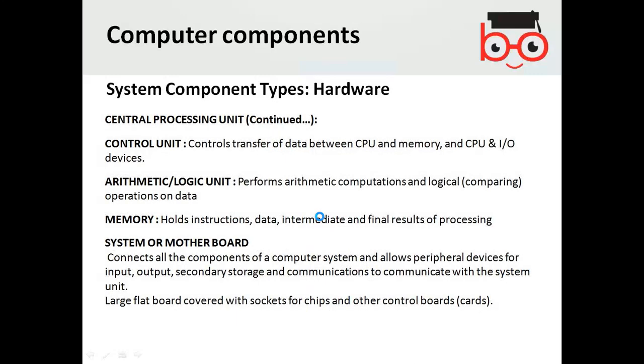Now, the control unit controls the transfer of data between the CPU and memory, and between the CPU and I/O devices, input-output devices. The arithmetic and logic unit performs the arithmetic computations and logic comparison operations. Arithmetic is a term related to numerics.